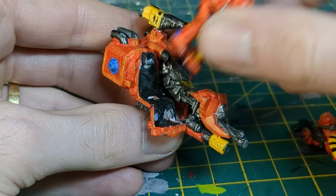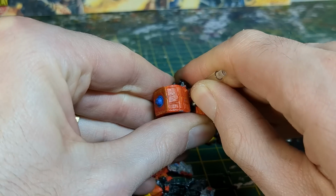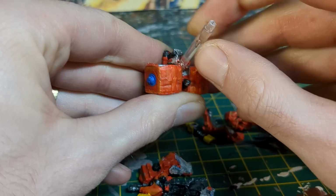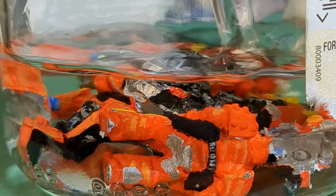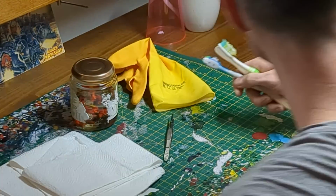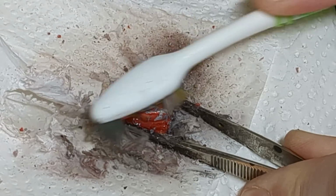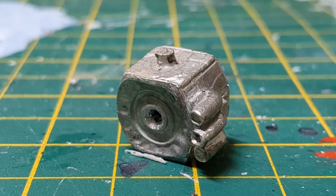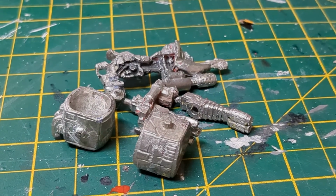Fortunately, it had been put together using superglue, so it came apart pretty easily. I put all of the components in a jar and bathed them in isopropyl alcohol, which I left to marinate overnight. The next morning, I sat down to scrub the paint off with an old toothbrush. Most of the acrylic lifted off quite easily and revealed a surprising amount of detail on the metal underneath. About 40 minutes later, I was happy with how the components were shaping up and was ready to move on